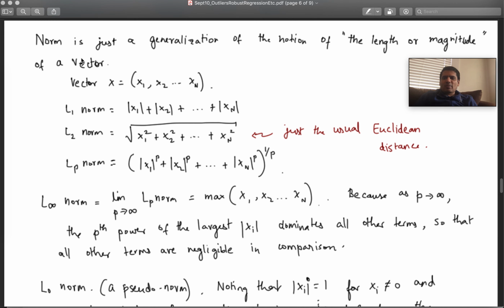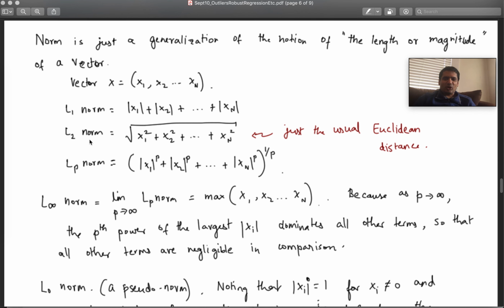So we've been using the word norm the last couple of videos, specifically in the context of L1 norm and L2 norm. The word norm is just a mathematical generalization of the notion of length or magnitude of a vector, right? So if you imagine a vector x with elements x1, x2, x3 till xn, or an array x,